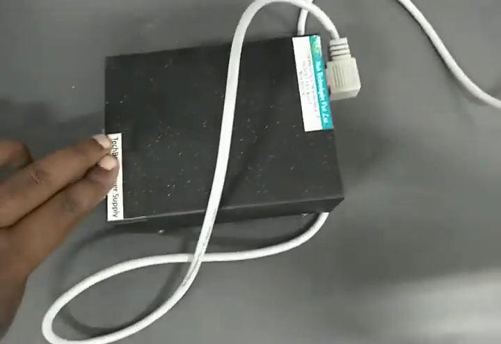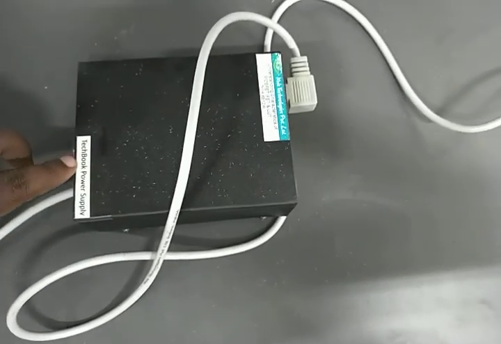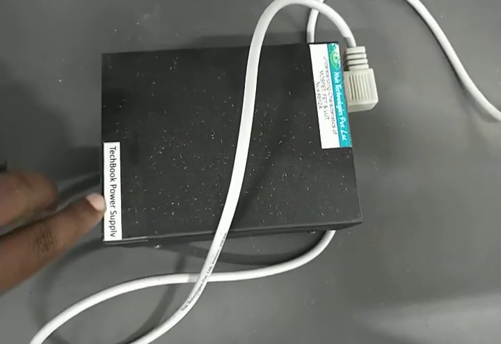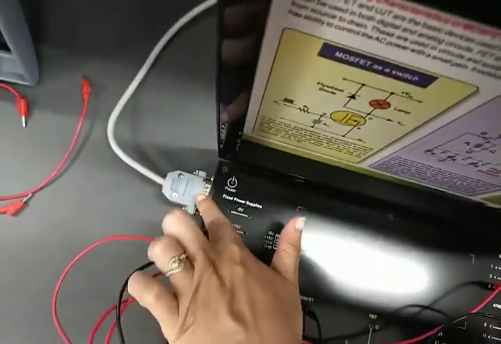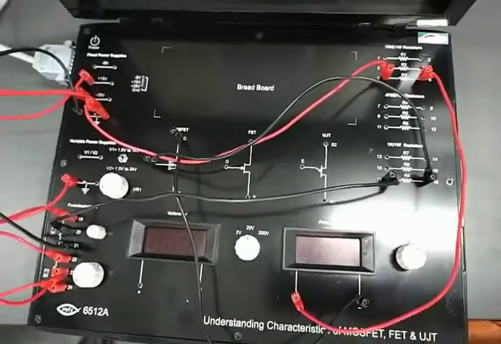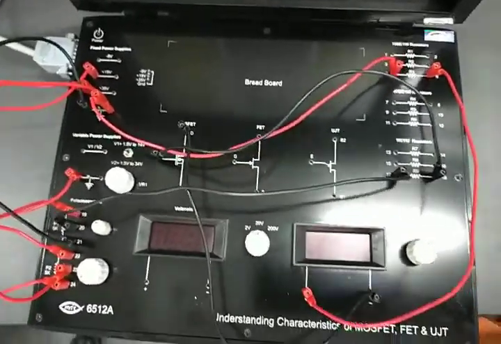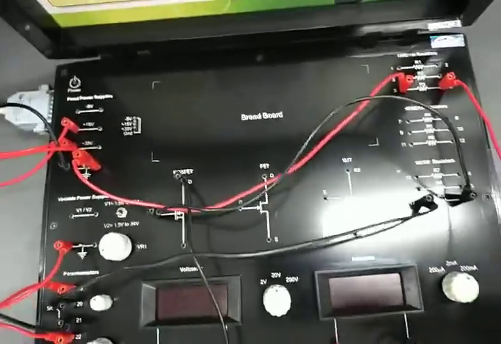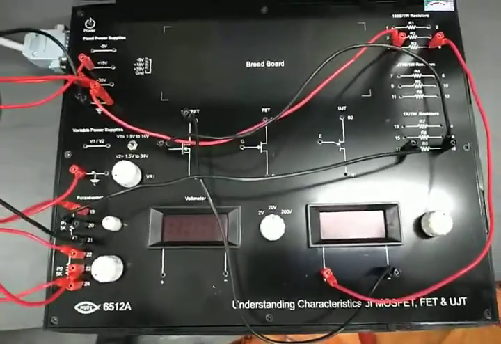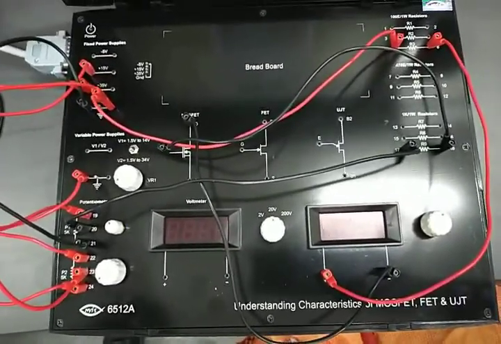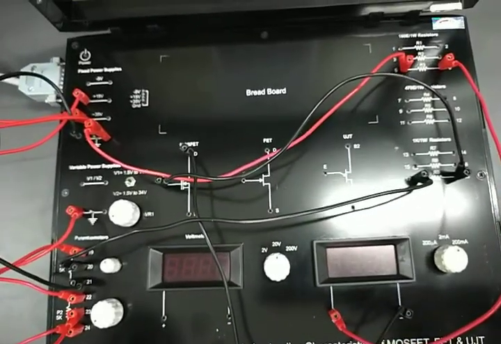This is the textbook power supply, and we have connected it to our kit. And now remove the voltmeter between gate and ground and connect the drain and ground as shown in the figure.